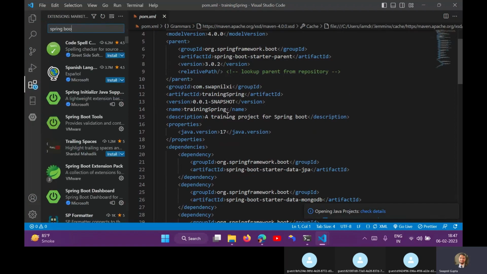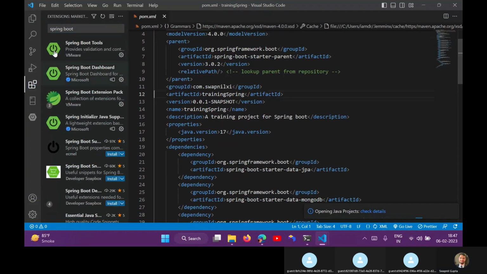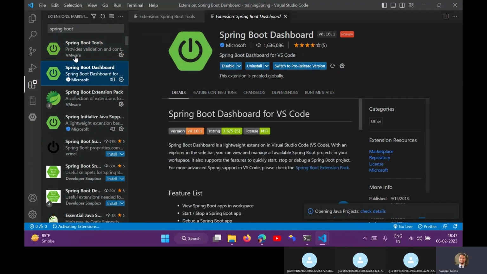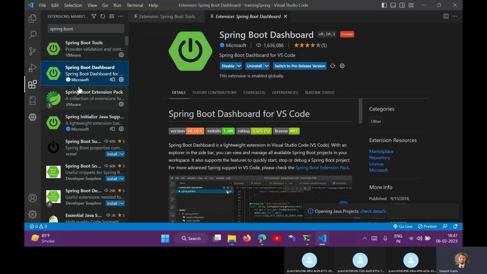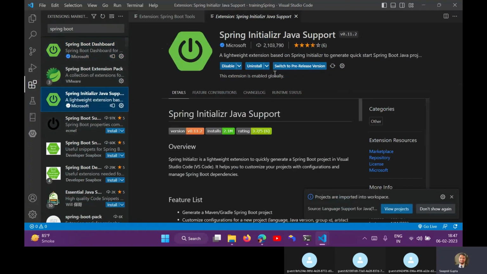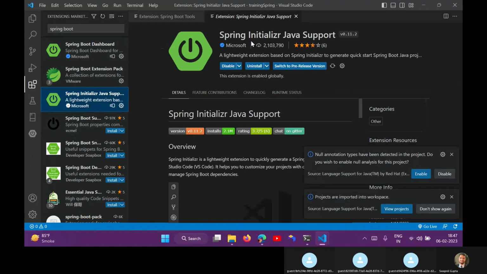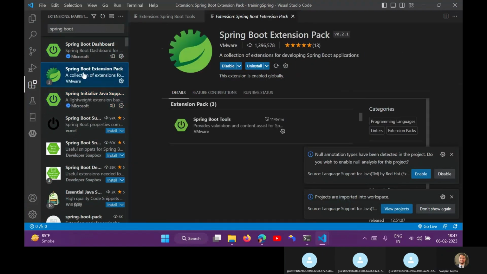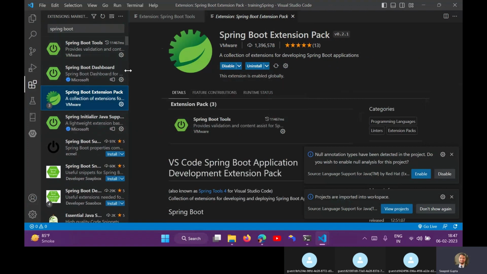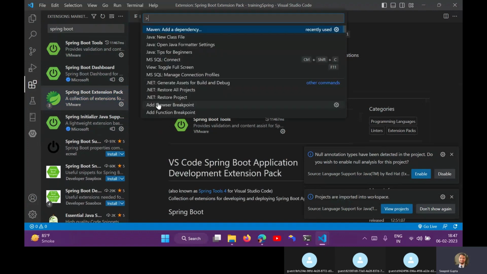I will type Spring Boot; there are extensions you can install, like Spring Boot Tools. Check whether it is official from Microsoft or VMware. You can install a few extensions, and once you are done, I will show how easy it is to do the same things over here.